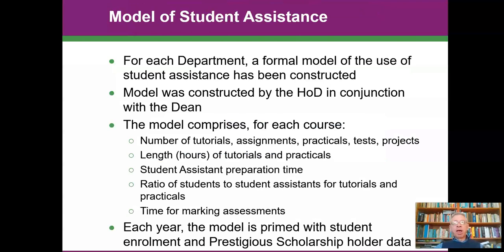For each department, a formal model of the use of student assistance has been constructed. You as the head of department or the previous head of department would have been in tight engagement with the dean and or myself to discuss how you wish to use tutors or practical demonstrators in your department. And I keep all the models for all the departments, whereby I then make use of them to do the disbursement. This model comprises for each course the number of tutorials, assignments, practicals, tests, projects that are going to be